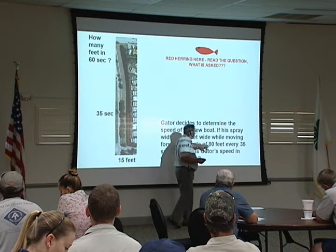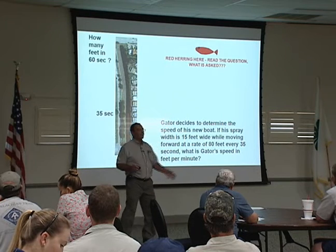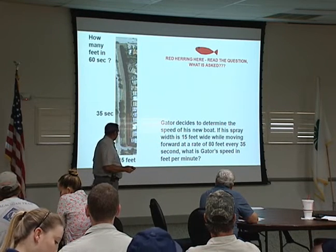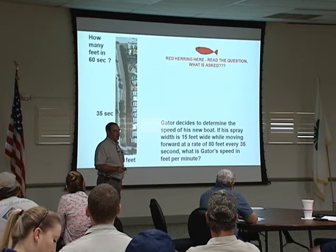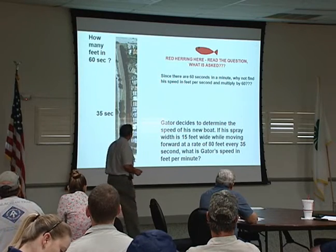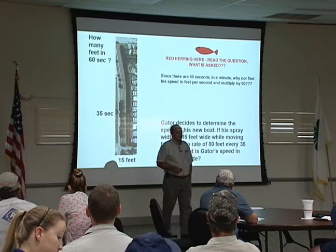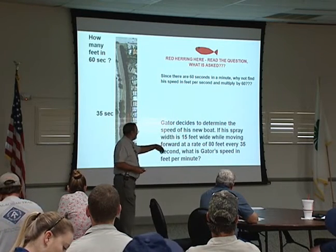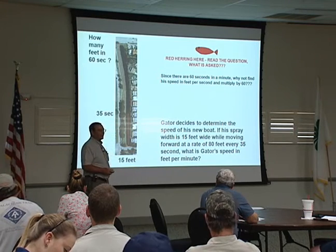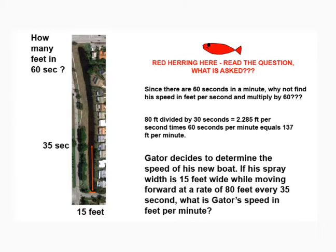You're moving 80 feet every 35 seconds. What is Gator's speed in feet per minute? Three different ways you can get it, but here's what I like to do: I divide 80 by 35 to get my feet per second, and then multiply by 60 seconds in a minute. Since there are 60 seconds in a minute, why not find his speed in feet per second and multiply by 60? All right? That's the way I did it. Other ways you can do it: you can take what percentage of a minute 35 seconds is and do that fraction too. But it's easy. The answer is right there. You just divide 80 feet in 35 seconds, and you get 2.285 feet per second times 60 seconds,